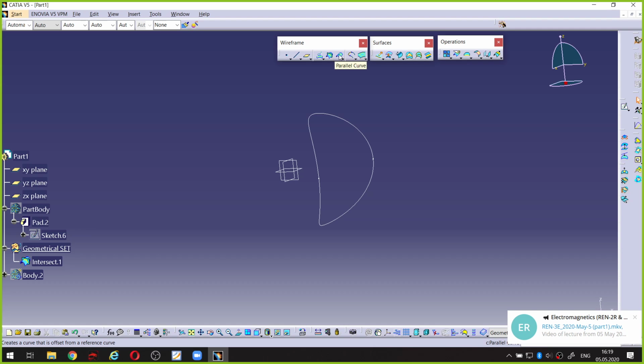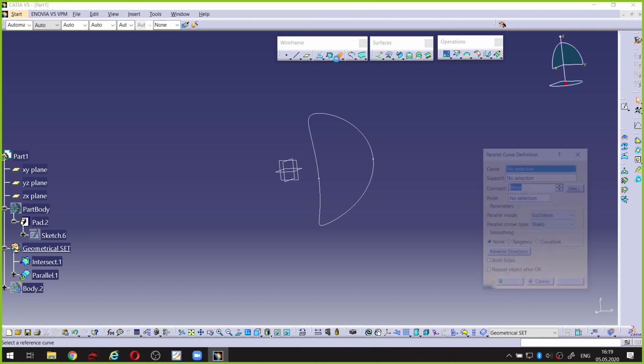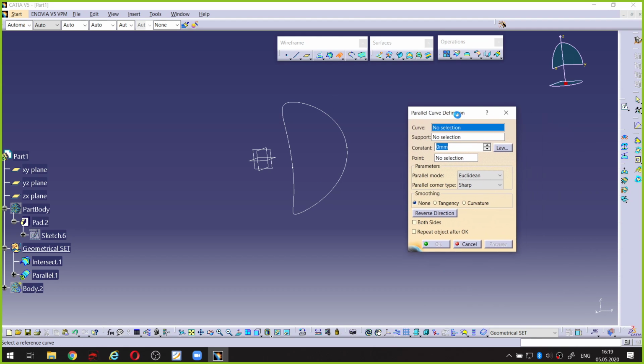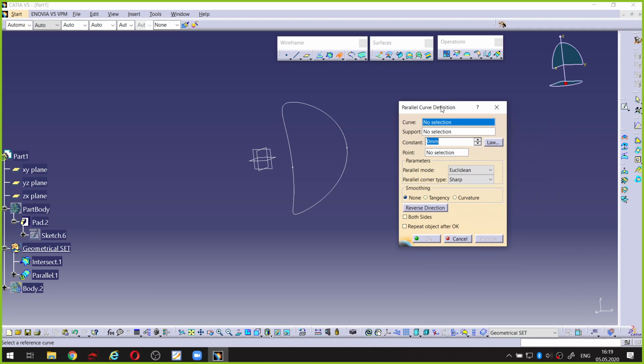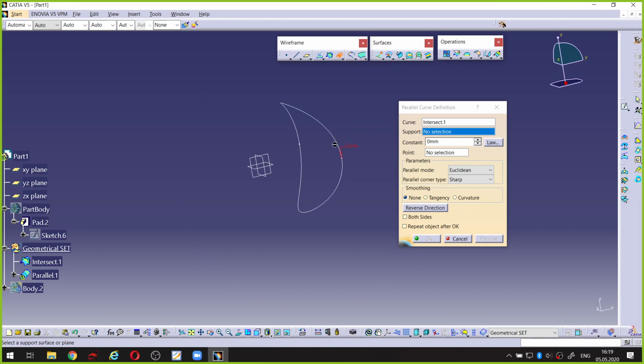Let's try to look at this. Click on parallel curve. So I have a parallel curve definition window opened, and I'm gonna select as a curve this one, because this definition asks me to select a curve. Let's select this one, okay? And as a support, I'm gonna select maybe this ZX plane